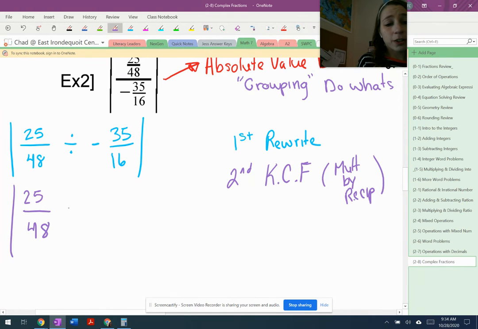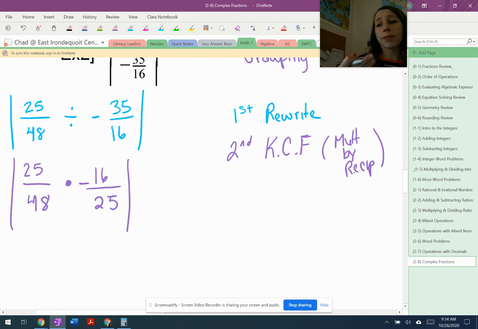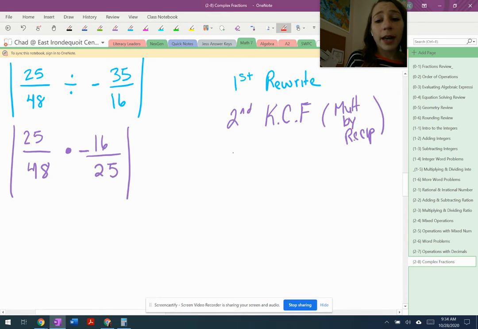Keep my first fraction the same, change that division to multiplication, and then just take the reciprocal or flip that second fraction. And again, remember the second fraction was negative, so no matter what, I am keeping that negative with that second fraction. So now I have multiplication, so I can move on to cross-canceling